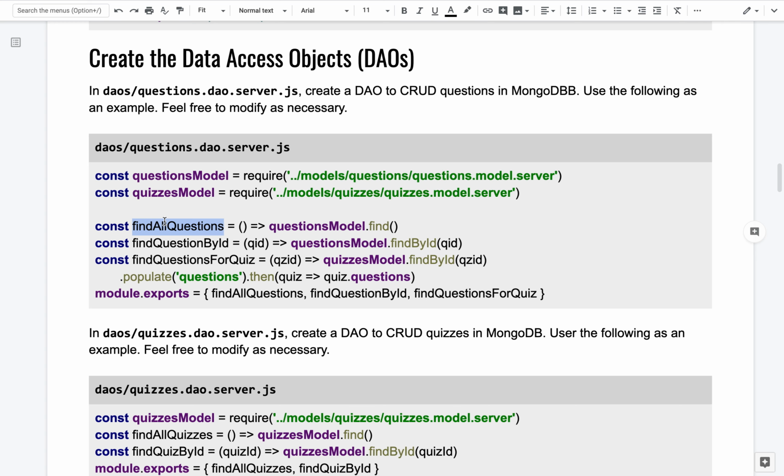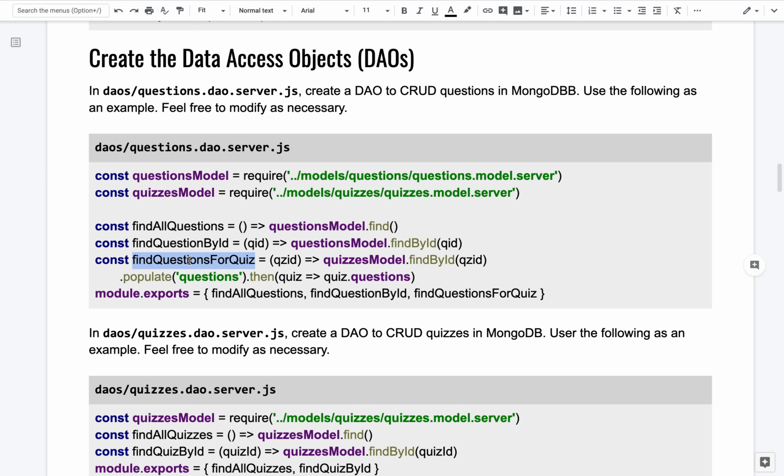The way we do that is that we create a DAO object or class that provides high-level functions like find all questions, which wraps around this low-level implementation of using the find by ID and whatnot. And so we'll implement find all questions, find questions by ID, find the questions